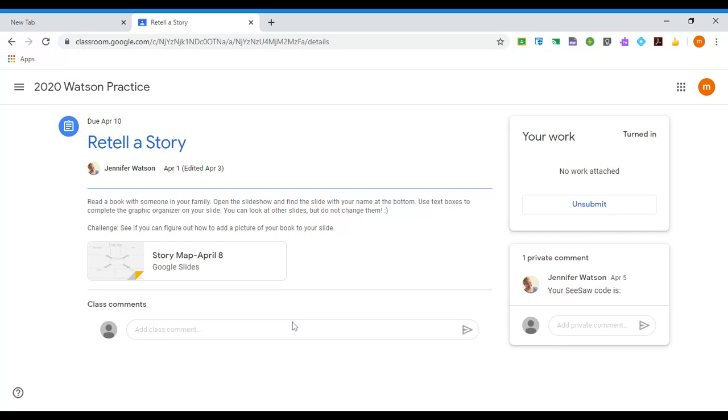Again, in this page, there is always a place where you can add a class comment. Maybe you have a question that you'd like to ask the whole class, or maybe you've got a comment like you thought this was the best assignment ever. Of course, keeping your comments positive, or maybe you'd prefer to ask your teacher a private question, like, how long